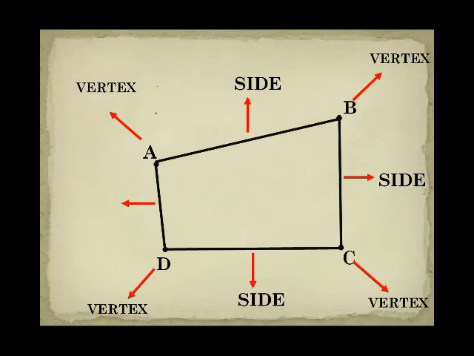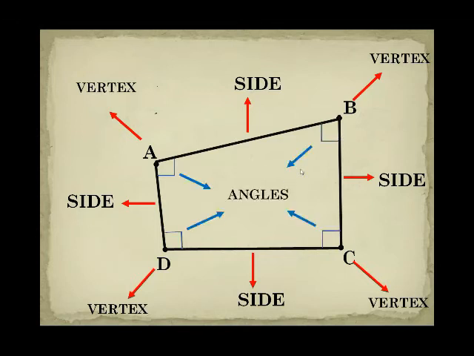Okay students, these are the sides of the quadrilateral. Why are they called the sides of the quadrilateral? Because here we construct the line segment which is the line AB. So this is a side of the quadrilateral, and from point B to point C there is another side called side BC, and from C to D there is a line segment which is also a side of the quadrilateral, and from point A to point D there is another line segment which is a side of the quadrilateral. Now here we have the angles, which are the angles of the quadrilateral.